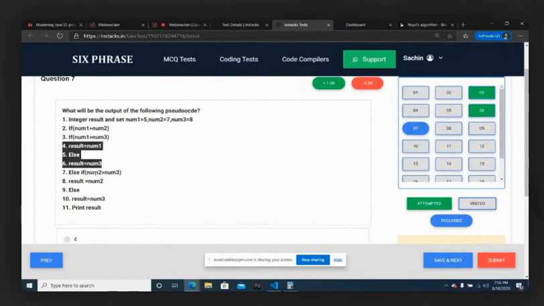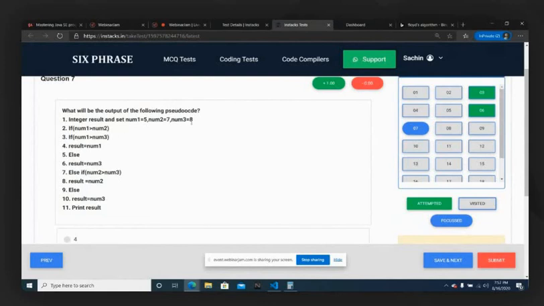Okay, fine. Now, suppose number 1 greater than number 2 is itself not a true condition, what will we do? We will take number 2, because number 1 is not greater than number 2. So we take number 2 and compare it with number 3. Suppose number 2 is greater than number 3, we will take number 2 in the result, or else we will take number 3 in the result. So literally, we are finding the maximum.